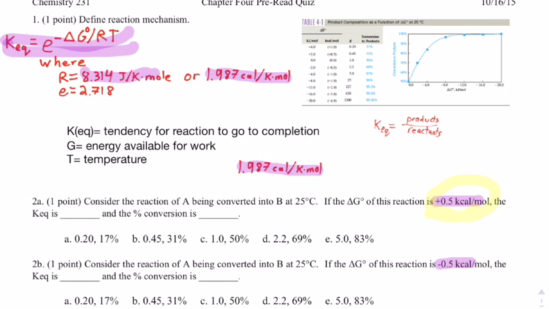Okay, so going to go to calories, which is a bigger number, we have to make this number smaller. It's a kilo, so a thousandth place, so we can move over the decimal 3 times. So we really have to use 0.01987,